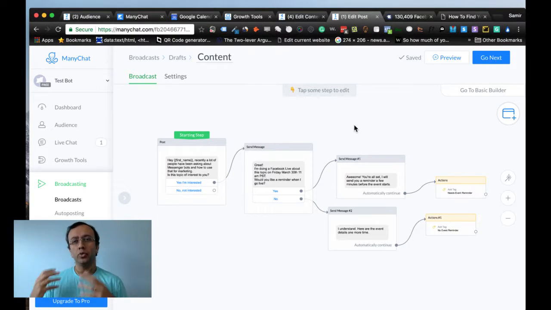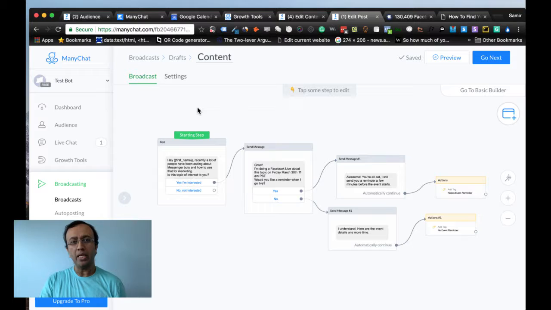And basically do the same thing: talk about the upcoming newsworthy event and ask them whether they want to know more. Those people who say they want to know more, you can invite them and say they would like a reminder when the event starts, right? Again, give them the option. If they want the reminder, they can choose, or they can choose not to be reminded. So let me show you how we might do it.